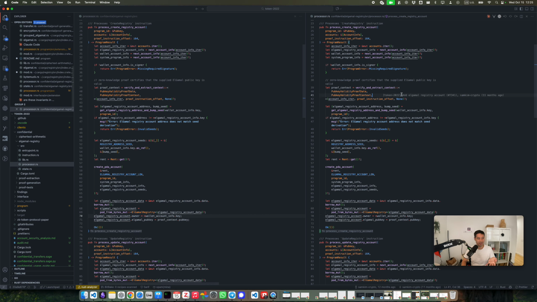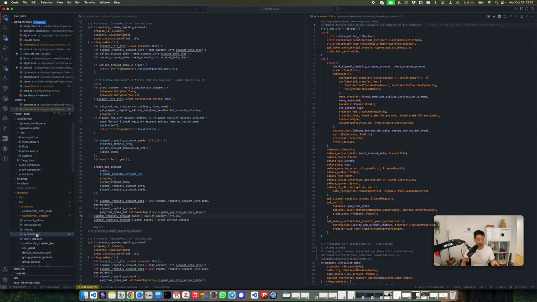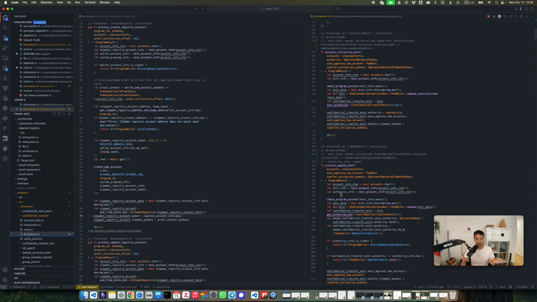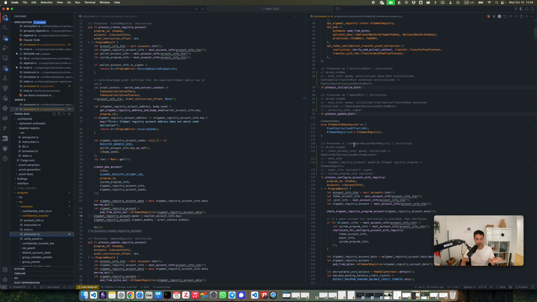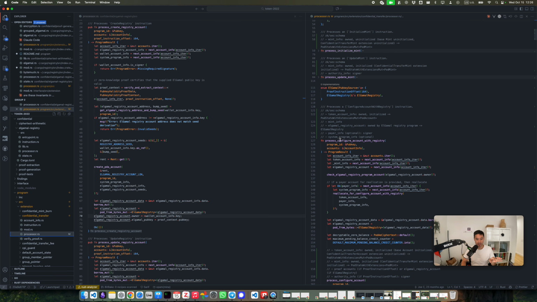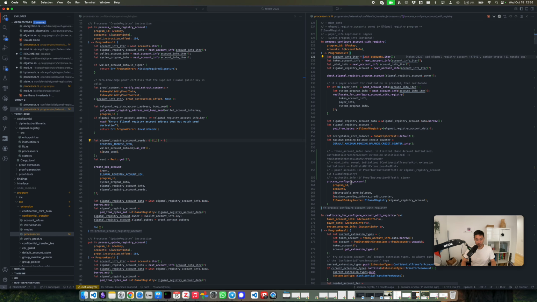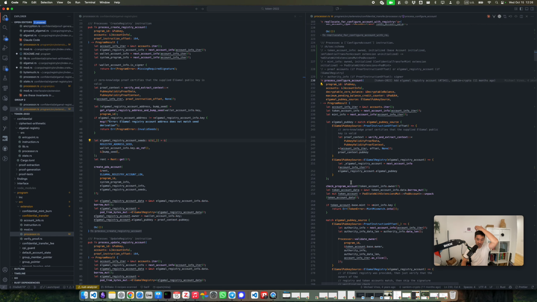I mean, I can look at it now, actually. Because to create an account in confidential transfer, by the way, everything is always in processor. That's the on-chain logic. To create an account, we look at process configure account. We have a function for that, but we have also a function with registry. So this is tied to the El-Gamal registry that we're looking at here. But in both of these, they end up calling process configure account, and you'll see that you need to provide